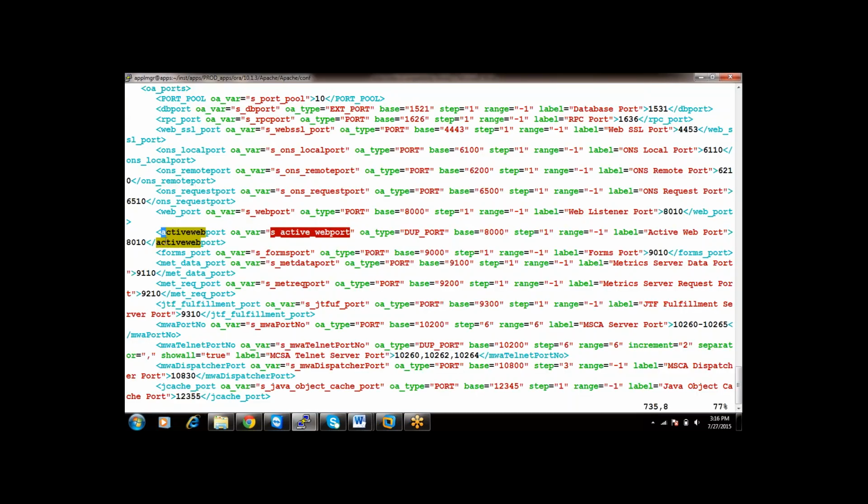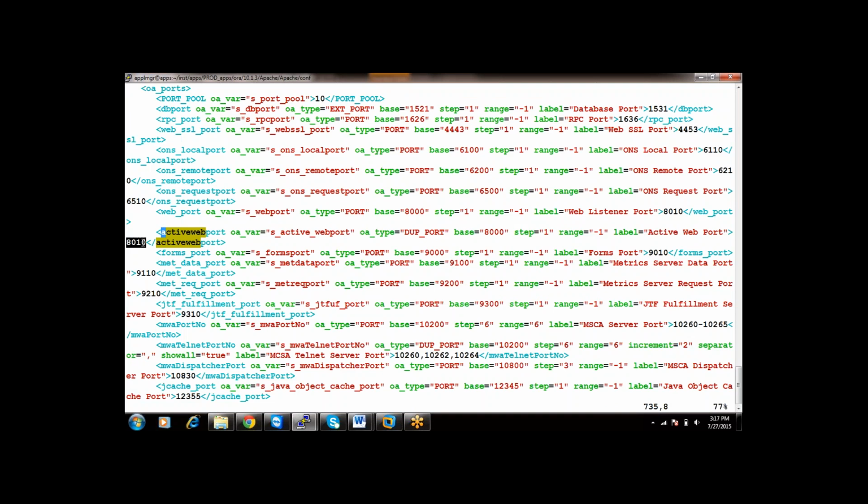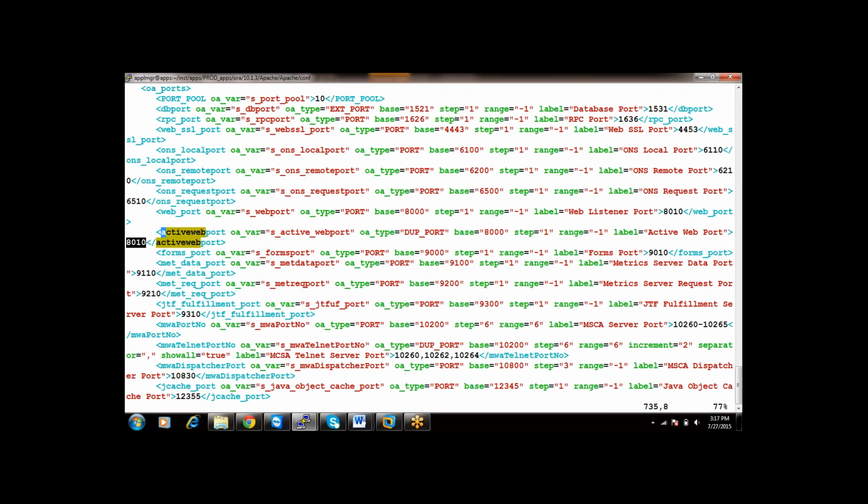What is the value we decided for that? 8010. It takes the structure of the variable from the template file, takes the value from the context file, and overrides it in the configuration file, that is httpd.conf. Are you getting the point or not? Yes, getting it. That is how your autoconfig works.